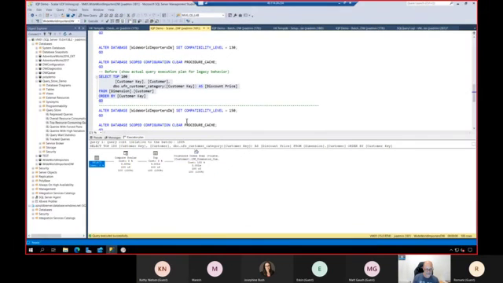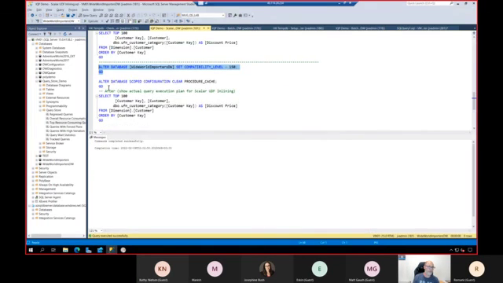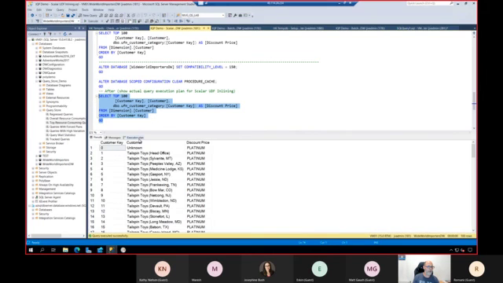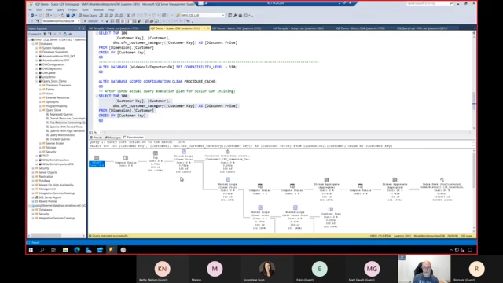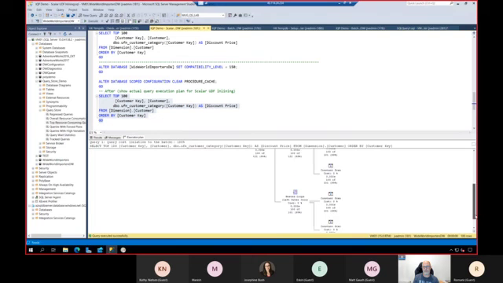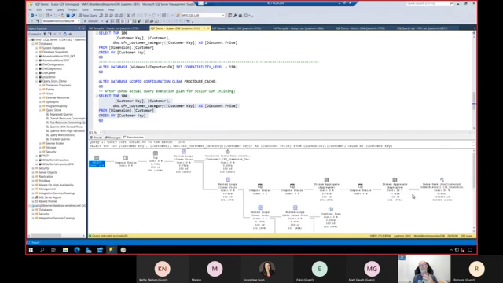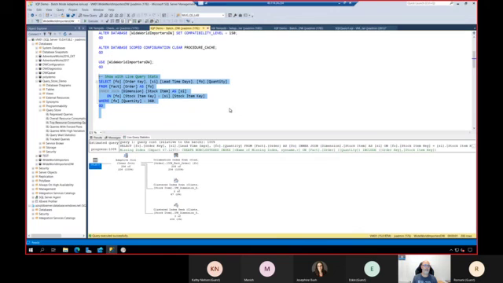So let's see what happens if we change the compatibility level to 150. We clean the cache again, and we run exactly the same select statement. When we check the execution plan, now we see that the plan is way, way bigger than before. This is because now it is embedding the real plan into the main plan. Again, not much to configure, not much to do here. You just put it there and boom, you have it.